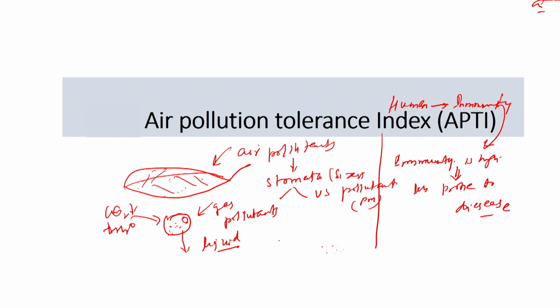If it is gaseous pollutants, they directly interact here. Then what will happen to this CO2? Depending on the composition of the liquid and the type of air pollutants, whether it is acidic or basic in nature, just remember these two things, and the composition of the liquid that is there in the stomata, that will affect the chemistry and then photosynthesis as well as the plant's tolerance.